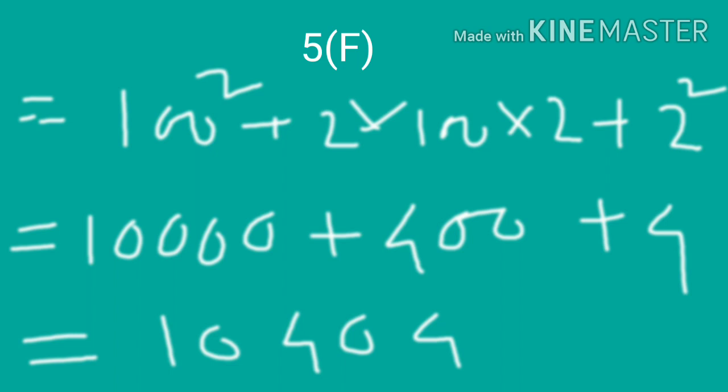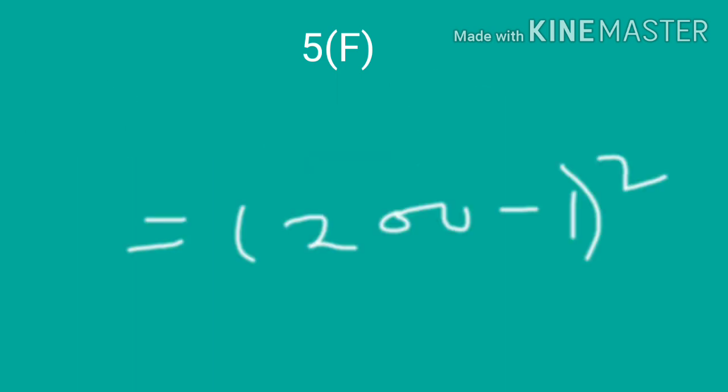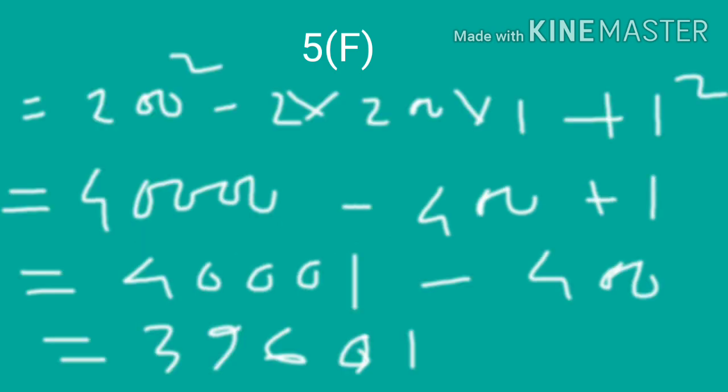If we have to do minus, then we will use the minus formula. Suppose 99 is given, then we will use 100 minus 1. 99 can also be written as 90 plus 9, but we will use 100 minus 1 because our calculation will be easy. Now given 199 whole square. This one we will write as (200 minus 1) whole square. We can write 100 plus 99 square, but the calculation will be harder, more multiplication has to be done. So (200 minus 1) whole square will be better for this.